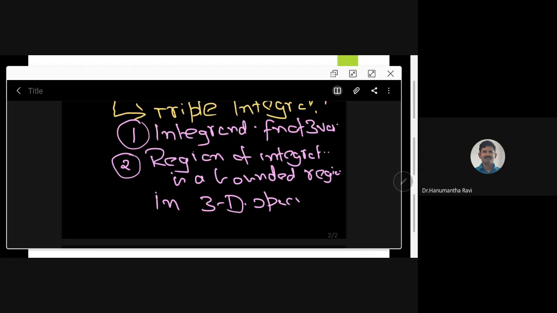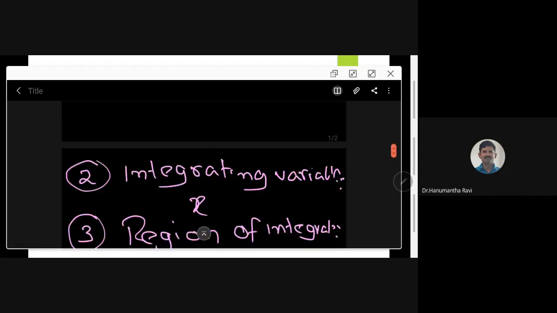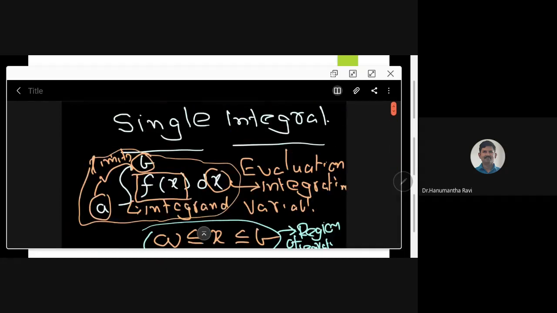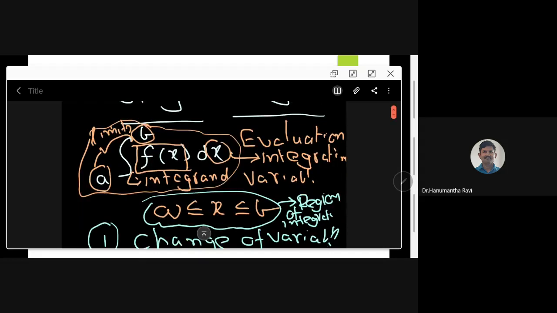Again, let me quickly recall what I have told so far. The part of our discussion today is on multiple integrals. We have the motivation here, the single integral. We knew about that one, the idea of the definite integral, integral a to b f of x dx. We talk about evaluating this integral. Evaluating means how we evaluate, that is the first thing, and the second thing is what is its value.